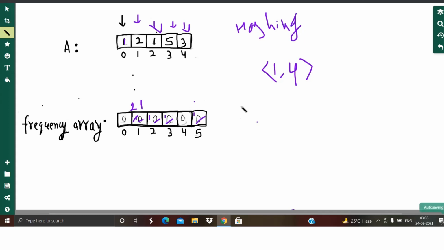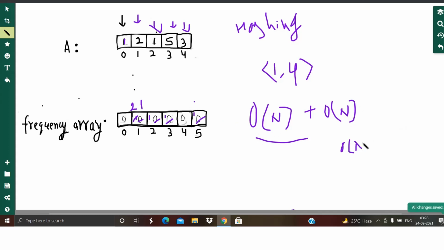Let's discuss the time complexity. Since we are iterating the array for building this frequency array, this will take big O of n. In the second iteration, we are iterating the frequency array, which will also take big O of n. So the overall time complexity of this solution is big O of n. Let's talk about the space complexity of this solution. Since we are using a frequency array of size n plus 1, the space complexity of this solution is big O